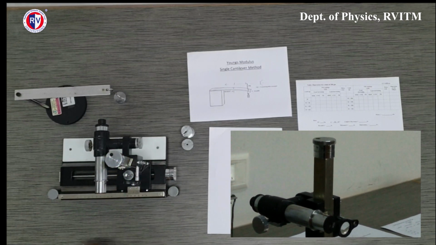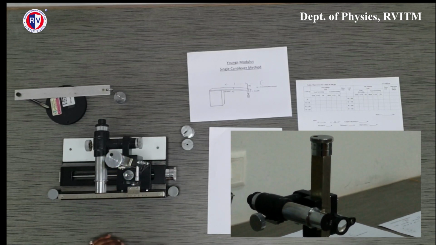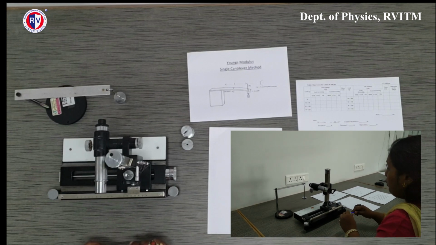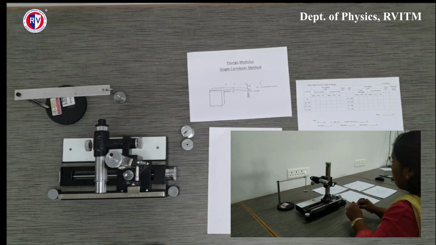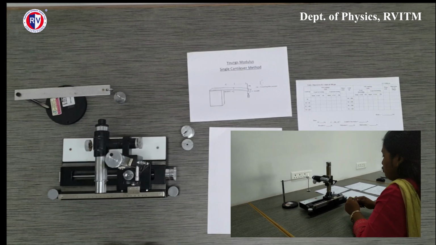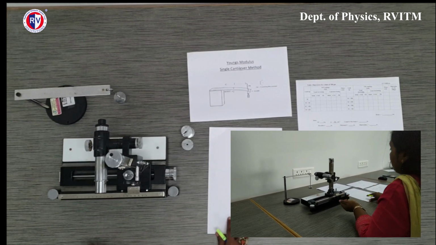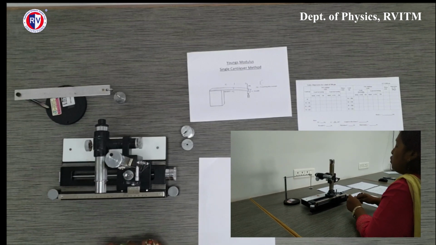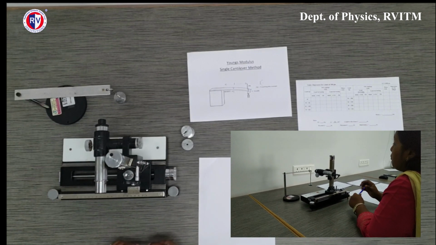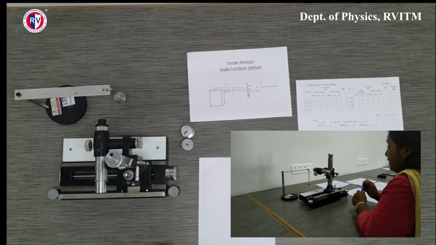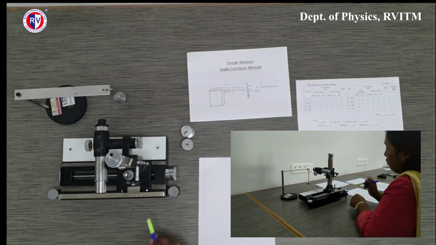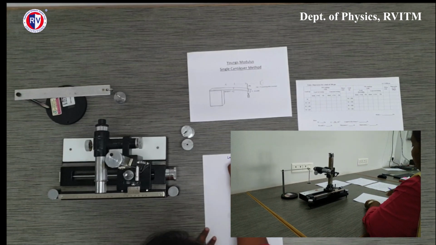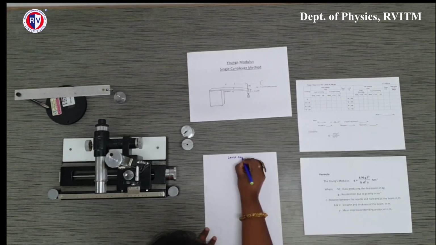Now as we have seen the introduction of our travelling microscope, before we start even using the experiment, I need to tell you about the least count of this instrument. So what is a least count? Least count, as you know, relates to the precision of an instrument. It tells us the smallest measurable quantity which we can measure on this instrument. The least count is also called as